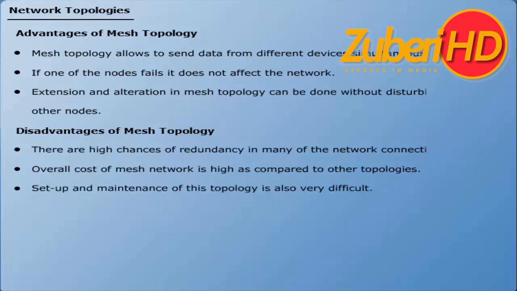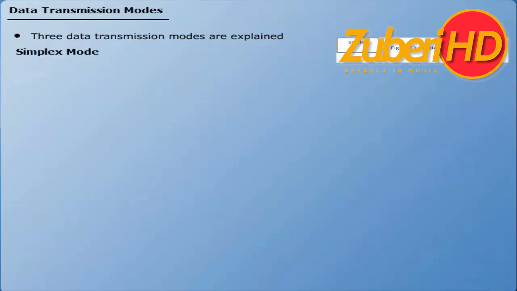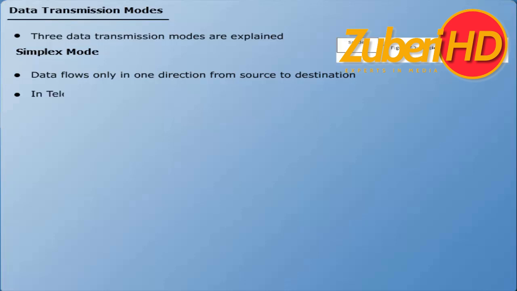Data transmission modes. There are 3 modes of data communication: simplex, half duplex, or full duplex. Simplex mode. In a simplex connection, the data flows only in one direction, from the source to the destination. For example, in television and radio transmission, data and message is transmitted from the radio television station to the radio